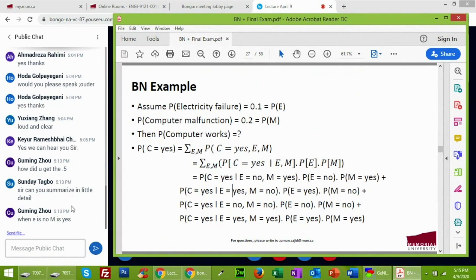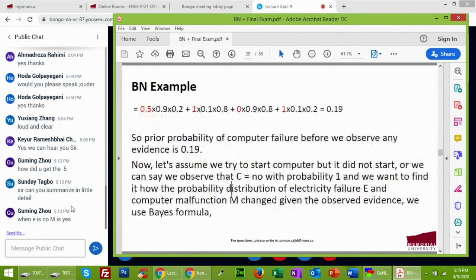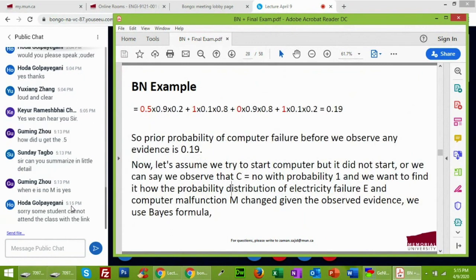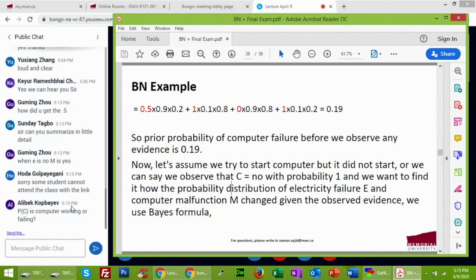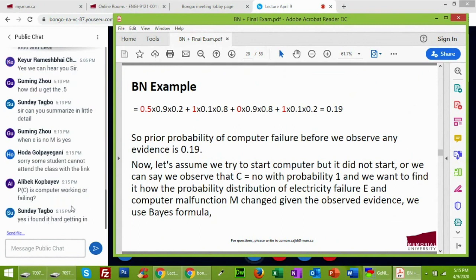Yes, is there any more question? Okay. Some students cannot read the class with the link.